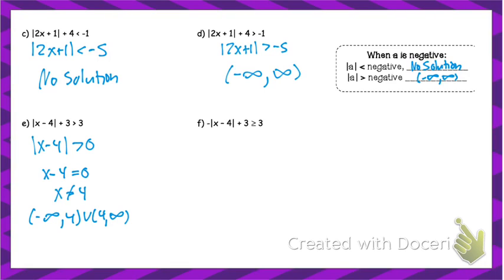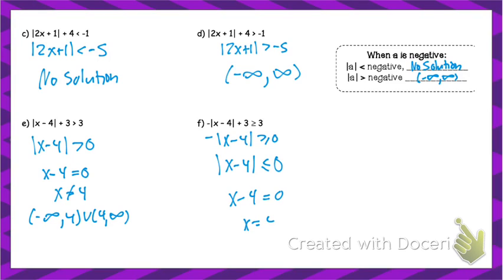All right, looking at F, again, get the absolute value by itself. When we divide by -1, we flip our sign. So now we're looking for when this is less than 0. Okay? If it was just less than, then it would just be no solution. But it's not just less than, it's less than or equal to. And because it can equal 0 at one point,